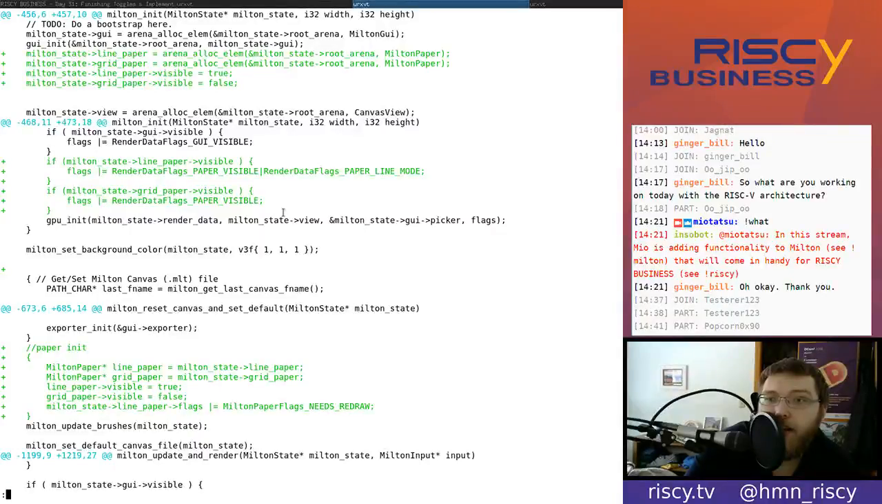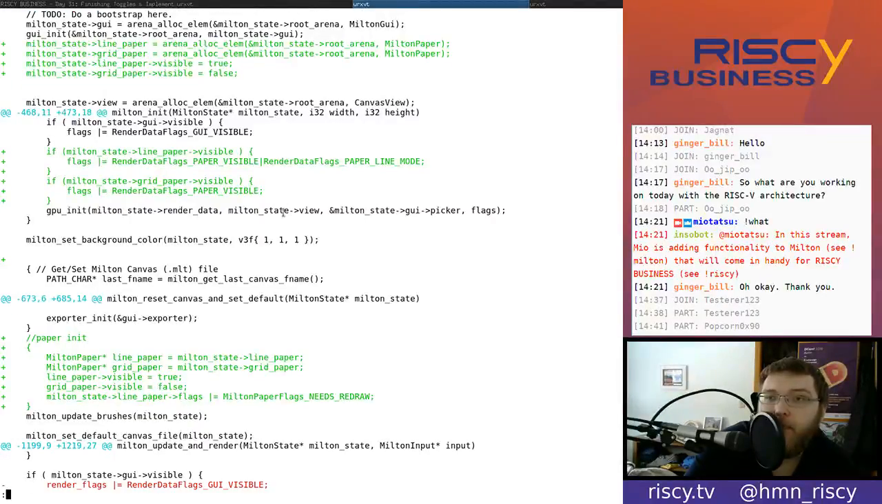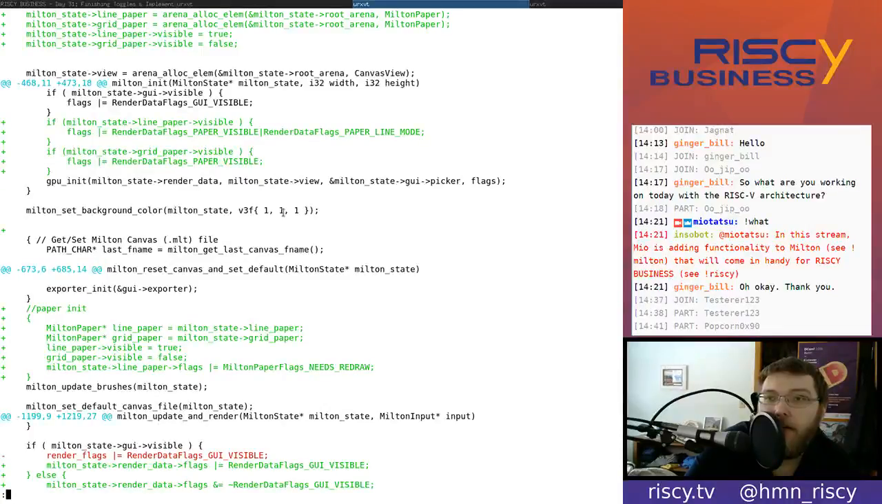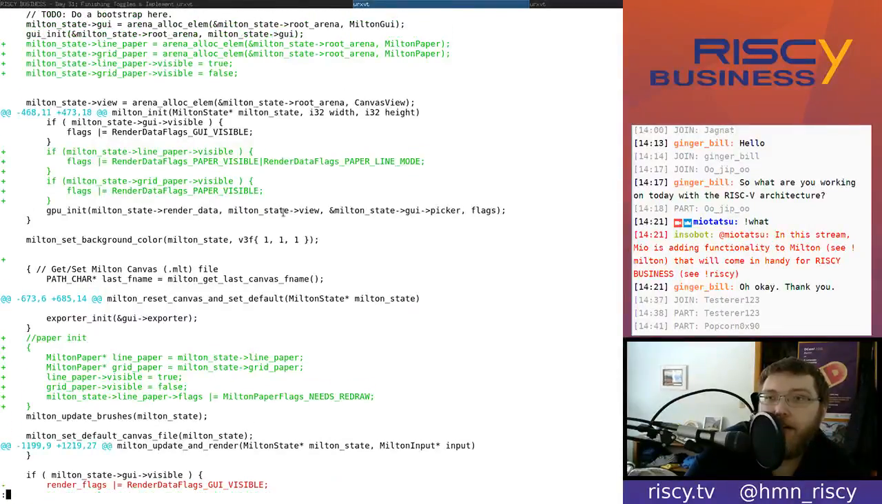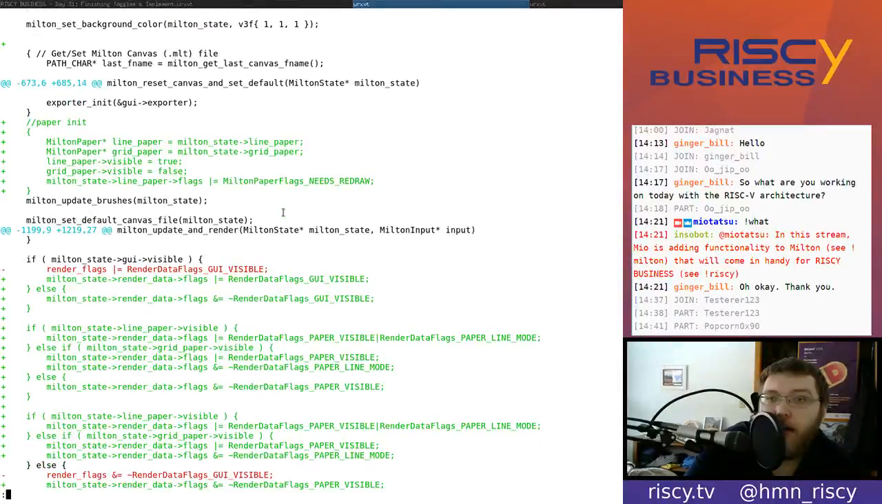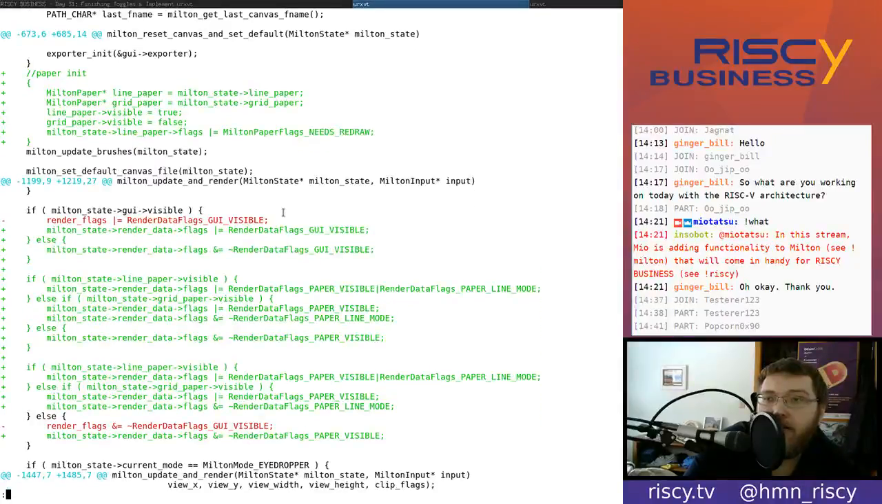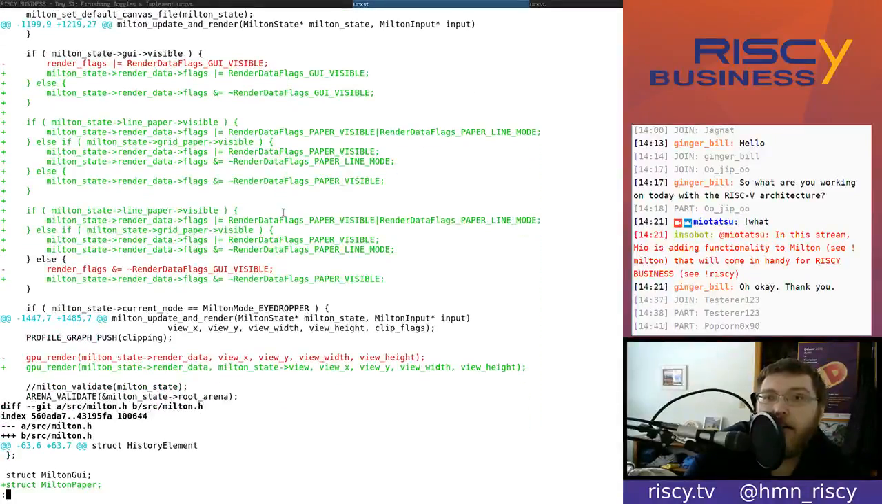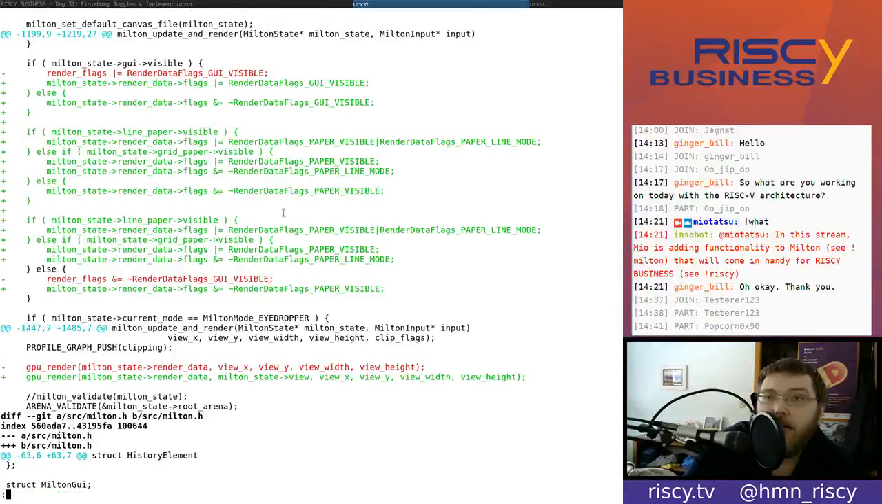And then we have a thing there that does, if line paper is set to visible, then it updates the render data flags and updates them differently for if it's grid paper. We have a paper init here, which basically does the same thing. So now if Milton state GUI visible,